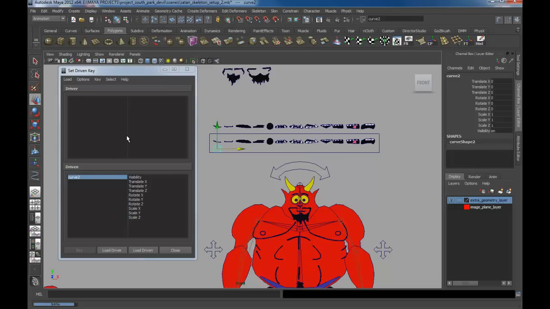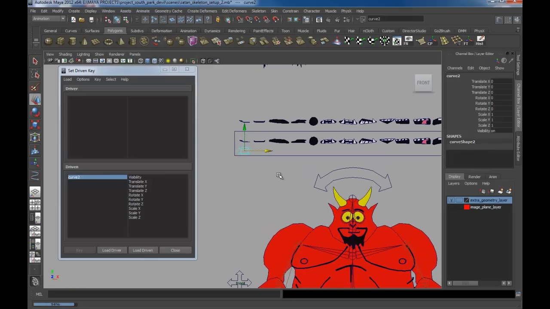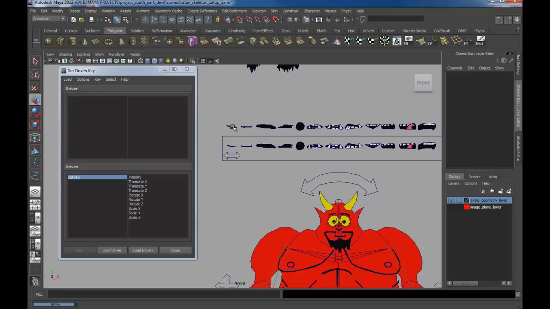What this basically is, it allows you to make an attribute of one object control the attribute of a second object. And it sounds a little bit weird at first, but as I do it, it'll be easier to understand. What I want to do here is to control the visibility of these mouths up here. These are here for just display purpose,